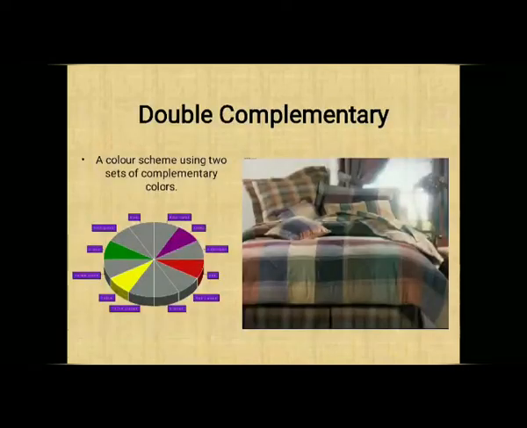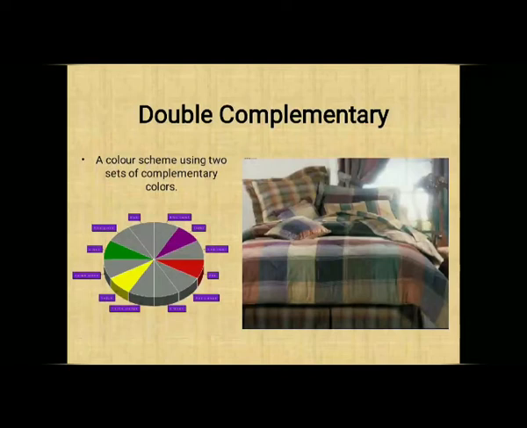So everything is used in this complementary color scheme. Next is double complementary color scheme. One set of opposite colors means if you are choosing red and green, that is one set. If you are choosing yellow and violet, that is another set of complementary colors. So using two sets of opposite colors is called double complementary color scheme.